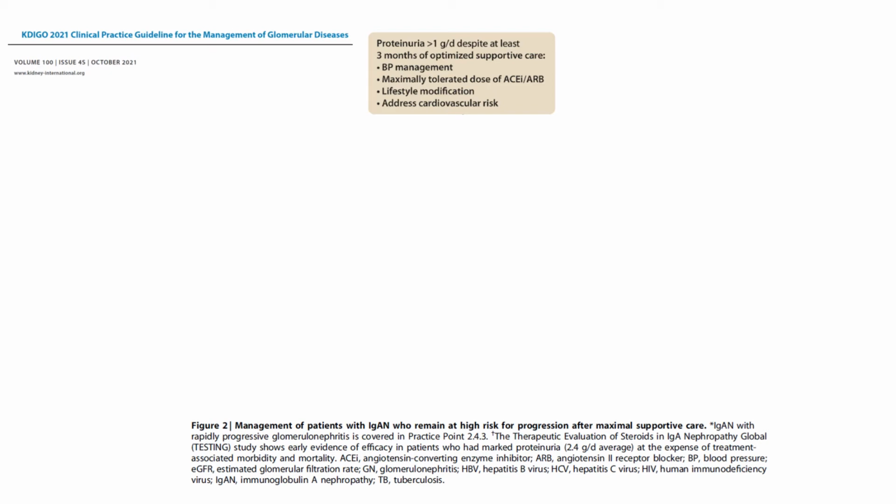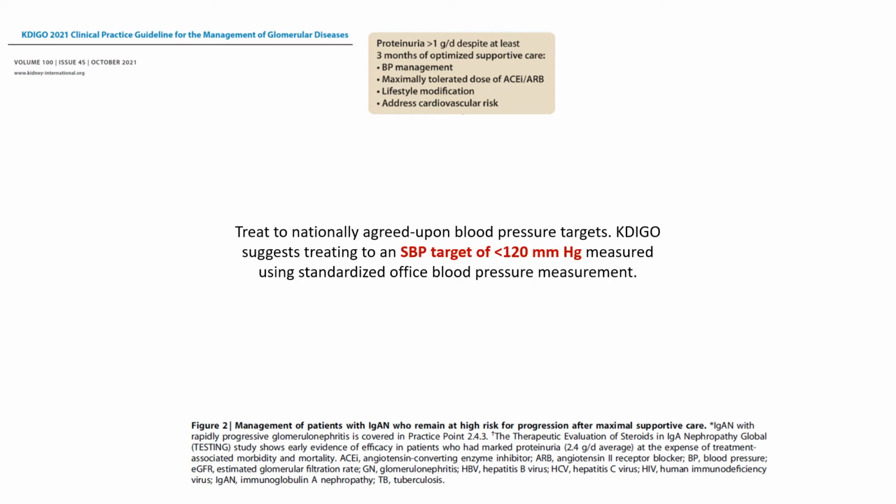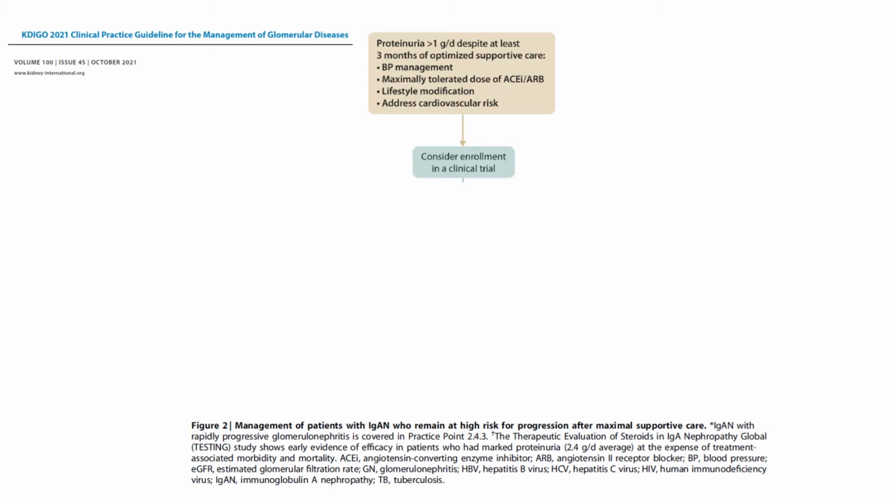An important point is the blood pressure target in these patients. The target of blood pressure is less than 120 millimeters of mercury. Okay, so if after 3 months the patient didn't respond to the management and still has proteinuria of more than 1 gram per day despite at least 3 months of optimized supportive care,